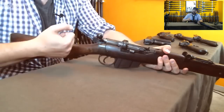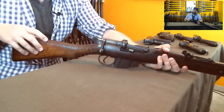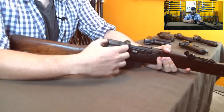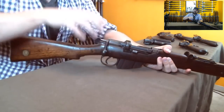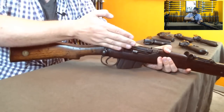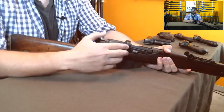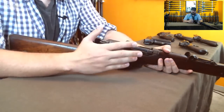We don't have to pull it back as far, therefore we don't have to take as long to operate the gun. Now, there are a lot of fans of this system. I will say, as designed originally, before the inclusion of this piece up here, it made the action kind of weak and prone to torquing out to the left, like stretching out to the left, just because of repeated use. It'd be fine for a couple thousand rounds, but you guys, it's hard to argue with anybody that owns one